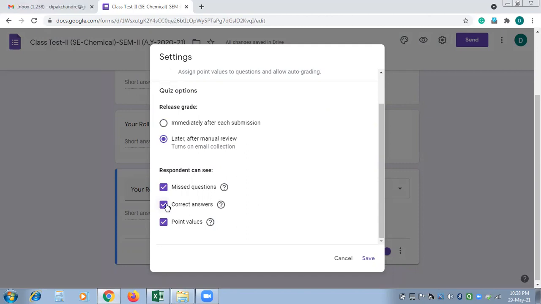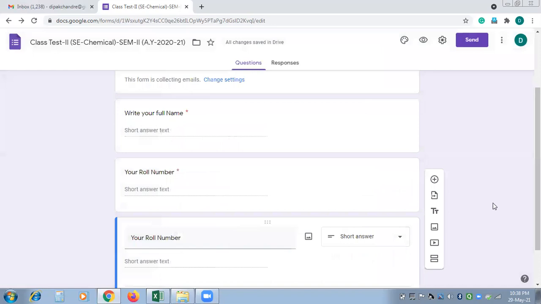After submitting this quiz, the student will get the correct answers and note them down. And the student again reappears for the same examination by putting the correct answers with correct information. So there is the possibility of mass copy. So you don't check this correct answer, and then click on the save option.